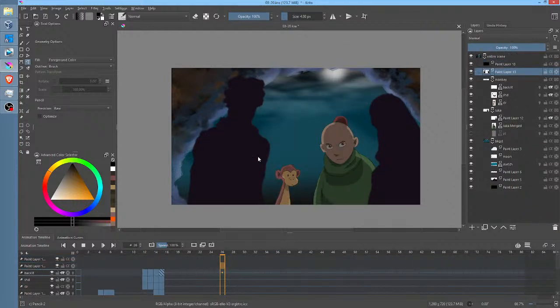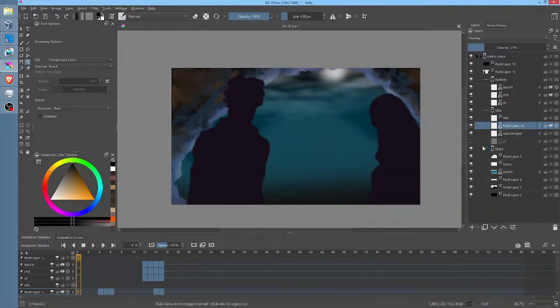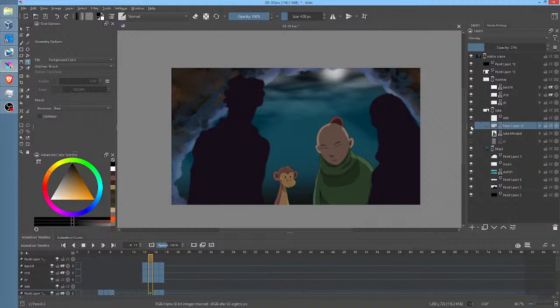So there we go. Okay, so the only other thing we have to do really is deal with Luca's lip sync. So let's go to Luca and we'll put in a layer called MTH for mouth. And we're going to keep this real simple. And by the way, what is this layer? I need to see what this is.